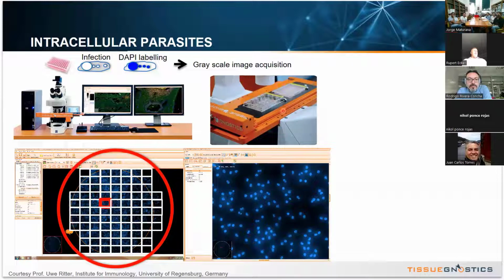In Regensburg, they're using the inverted setup of our system, the TissueFax-I, where you can scan micro-well plates, like from 6 well to 384 well. What we see here is a single well from a 24 well plate. And what we see here, the rectangles are the individual fields of view that had to be acquired in order to capture the entire well. In blue, DAPI stain, we see the